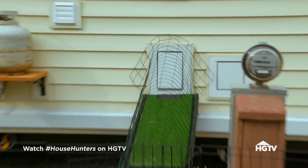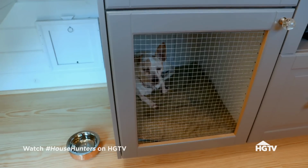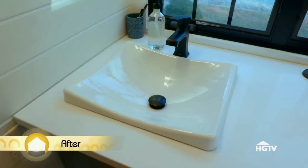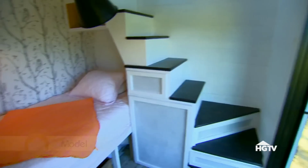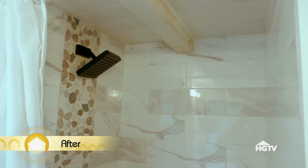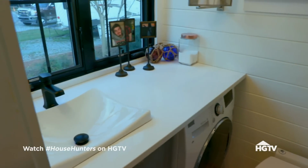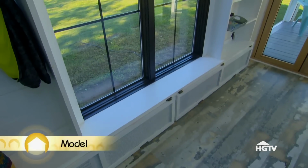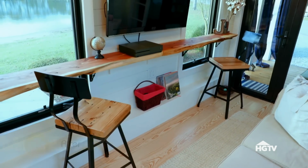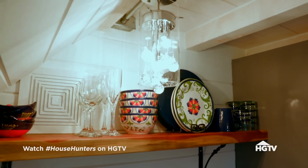I've added 2 pet doors, one for my cat and one for my dog, and that's working out really great. In the bathroom, I could rearrange to get the bathroom I wanted and all the counter space. We eliminated that bedroom that we didn't need in there. I got a tile upgrade, really nice sink in there, some great quartz countertop. In the living room, I put a great bar in. It's made of red cedar. I used that same red cedar to put an open shelf in the kitchen where I display my dishes,